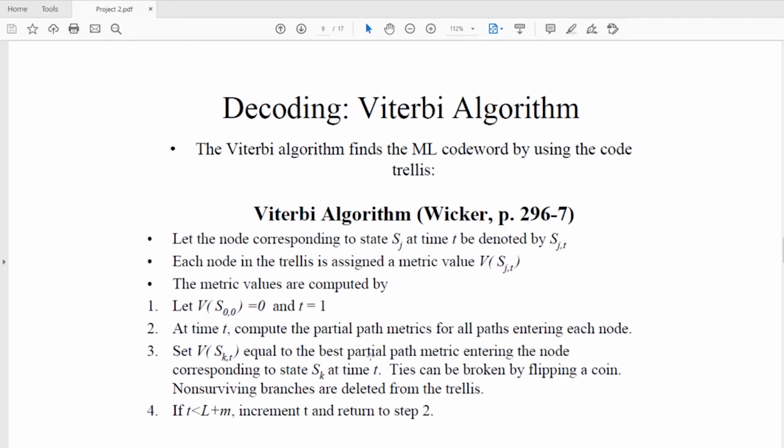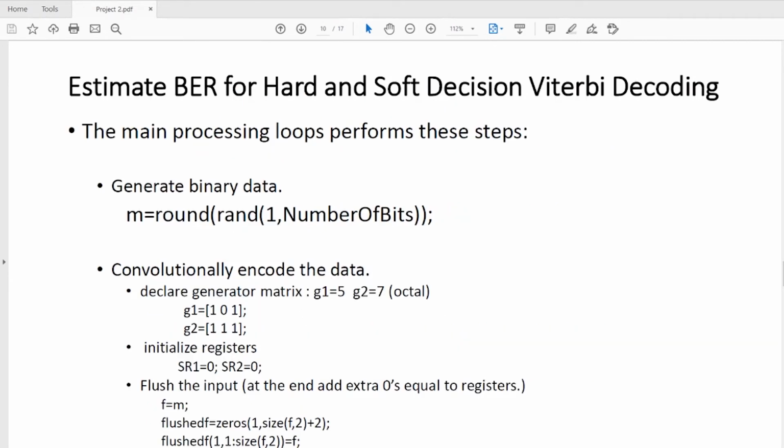Then set v equal to the best partial path metric entering the node corresponding to state sk at time t, and ties can be broken by flipping a coin. Non-surviving branches are deleted from the trellis. If t is less than L plus m, increment t and return to step 2. This is the Viterbi algorithm.